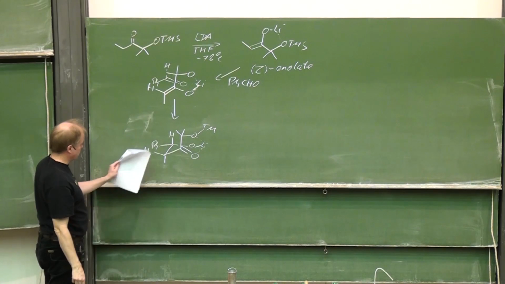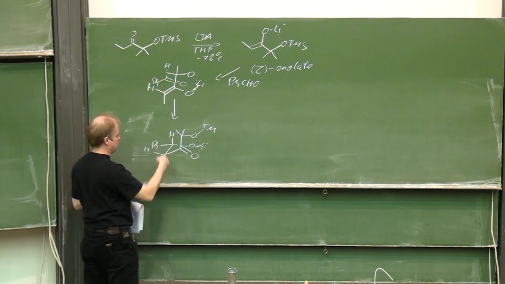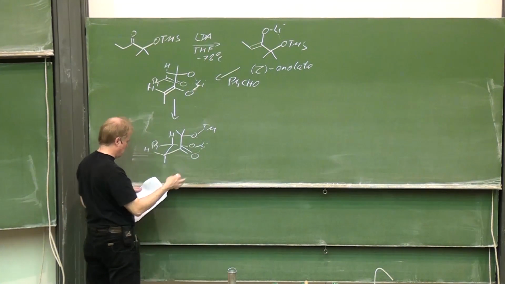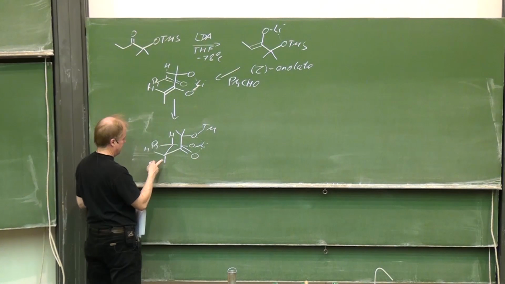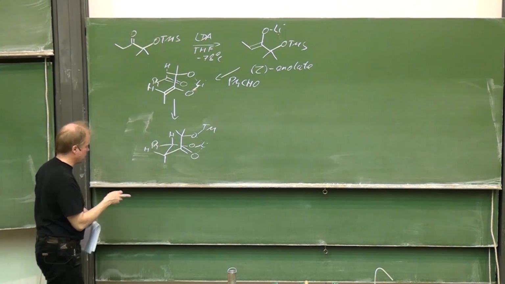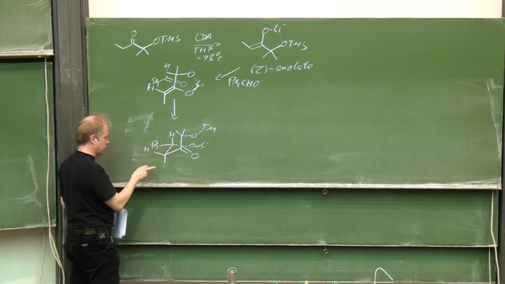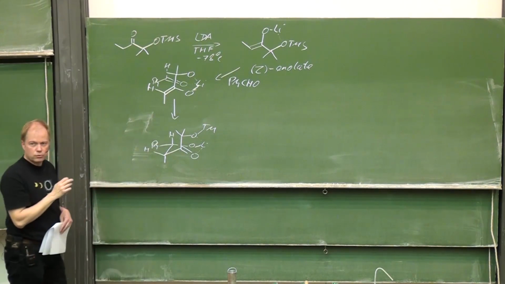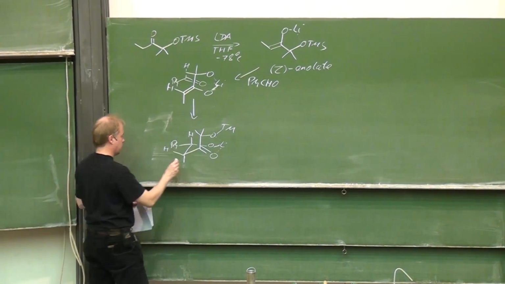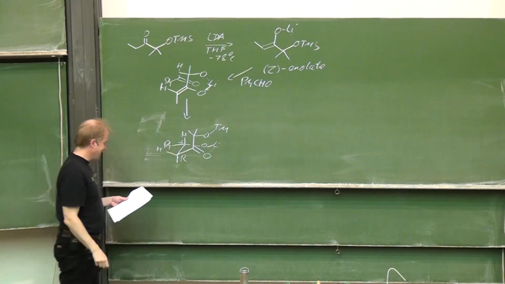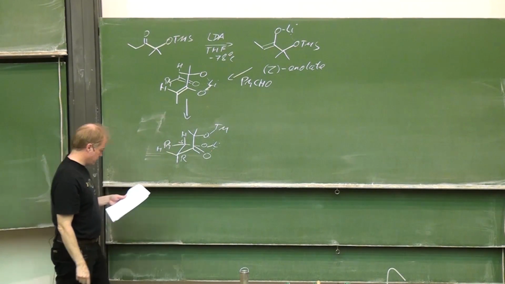Well, to translate this structure into stereo, into another drawing, it makes sense to follow the rules of Cahn-Ingold-Prelog and determine the absolute configuration of the stereogenic centers in this drawing. Then we will have an R here and an S configuration at this position,